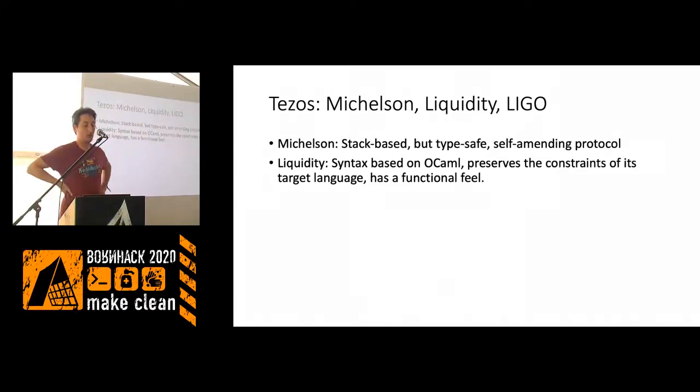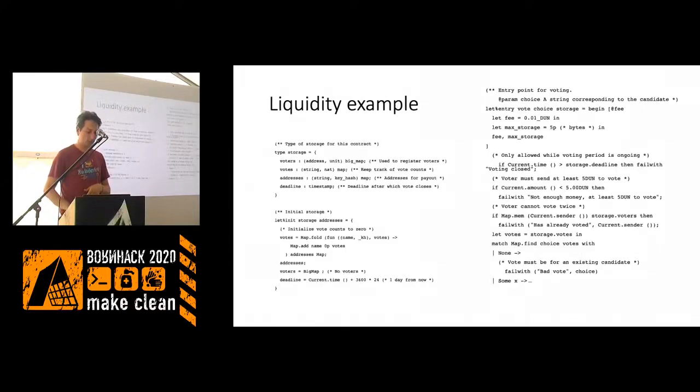So I mentioned 3 languages: Michelson, which is the assembly language. It's worth mentioning, just like EVM is, because some people might like to actually write stuff directly in assembly, even just for the purpose of creating new compilers. Then there's Liquidity and Lego, and there's a few others, but Liquidity is based on OCaml itself, because the whole ecosystem around Tezos is based on OCaml. So they created a contract language that also resembles this style of programming. And I think this is maybe a bit hard to read example, but